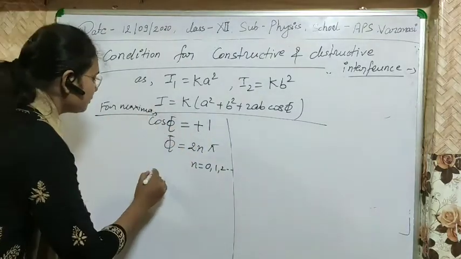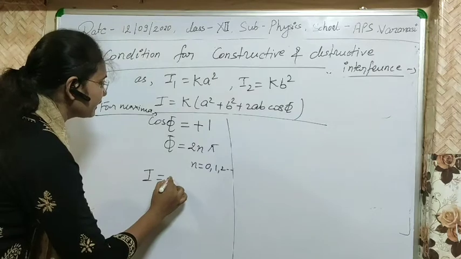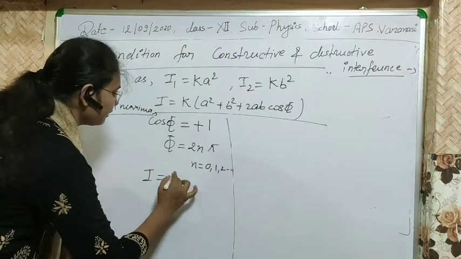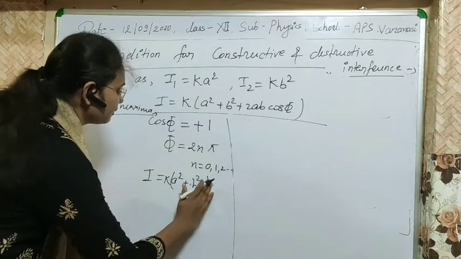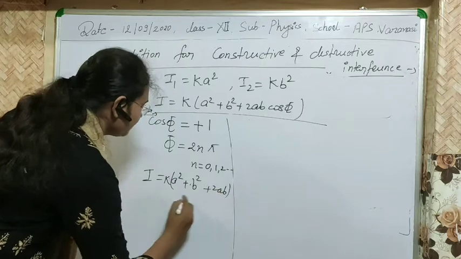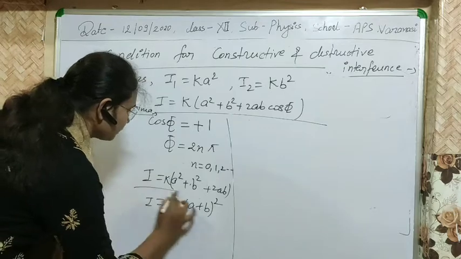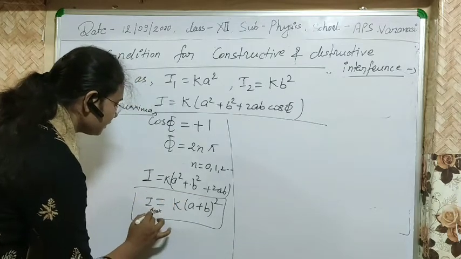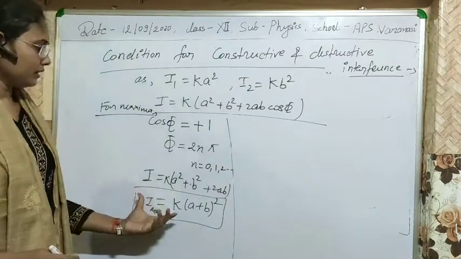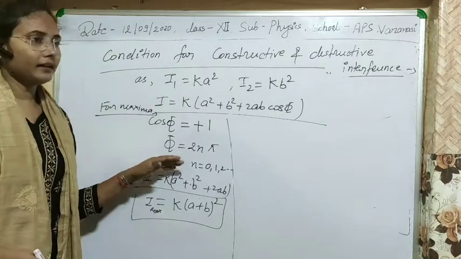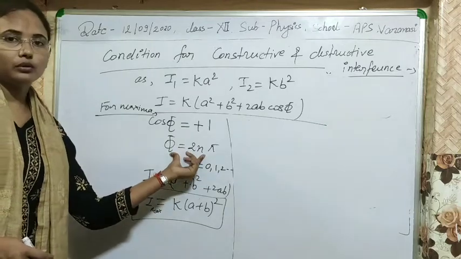And for this we will get I equal to, if we put down, then definitely we will get k a square plus b square plus 2ab, and finally it will be k, a plus b whole square. Clear? This is the maximum intensity obtained in any interference in a Young slit experiment. Clear? And also we can write the condition for the maxima from here, which is phi equal to 2n pi,